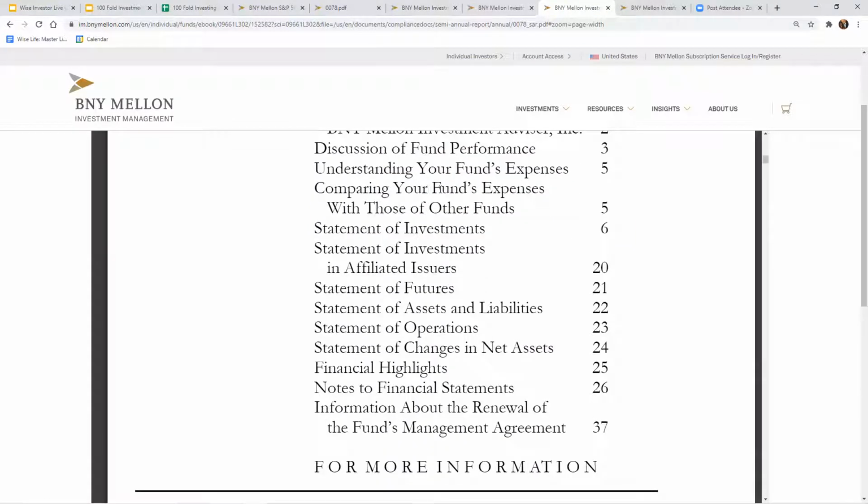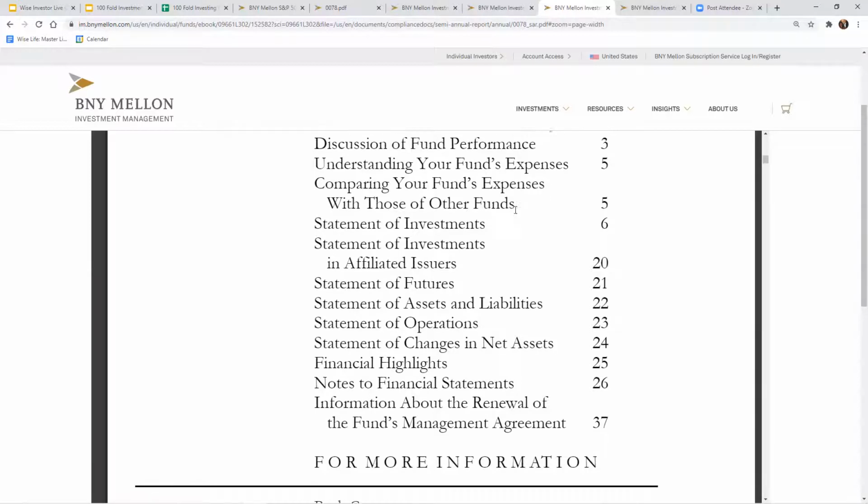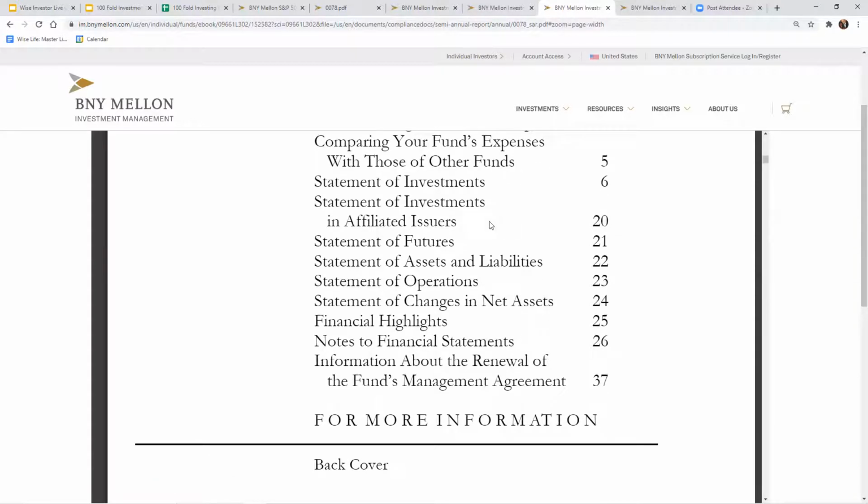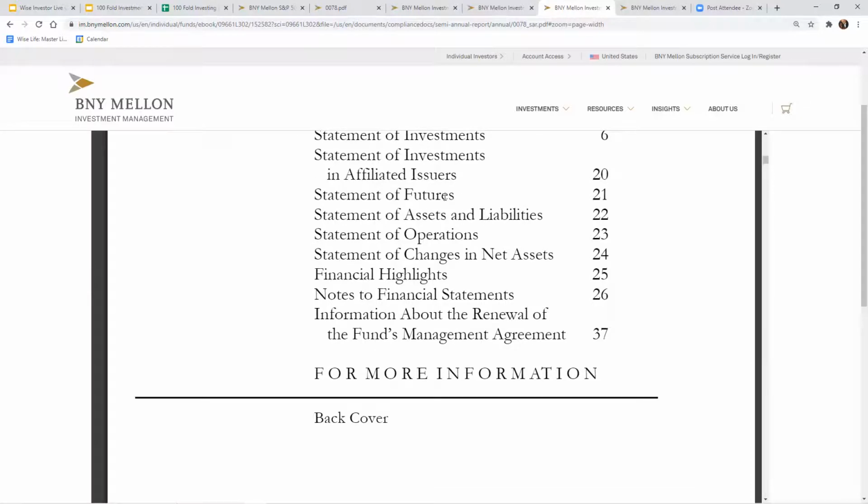So you're going to go deeper into your fund expenses, comparing your fund expenses with those of other funds, so you can get a different analysis of that. Then you go into more information on the futures, what that really means, what they're actually doing. So you can go deeper into that. And so that would actually be a good difference inside the semi-annual and the annual report.